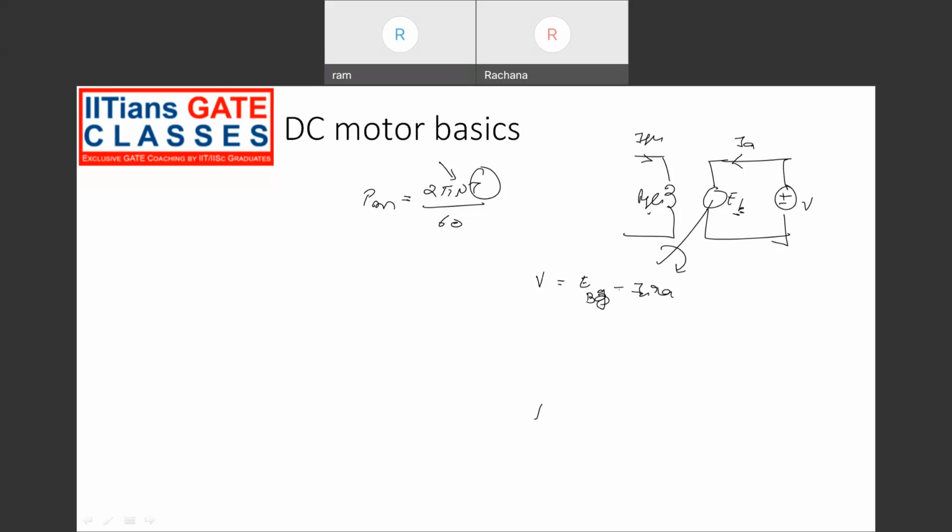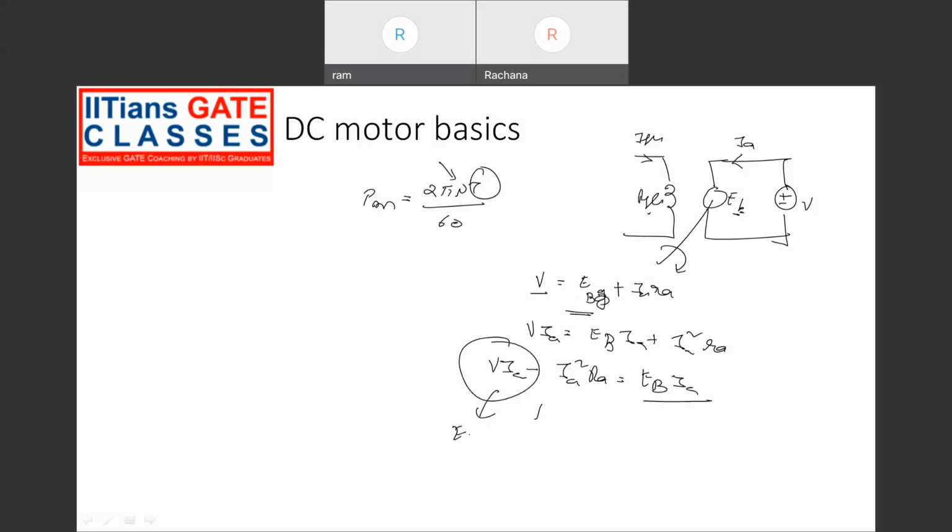Sorry, it is Eb plus, because the terminal voltage is greater than the back EMF. So multiply by current on both sides. I can write V Ia equal to Eb into Ia plus Ia square Ra. I take the copper loss on the other side. So this is the power input, right? Electrical power minus copper losses gives us the mechanical power